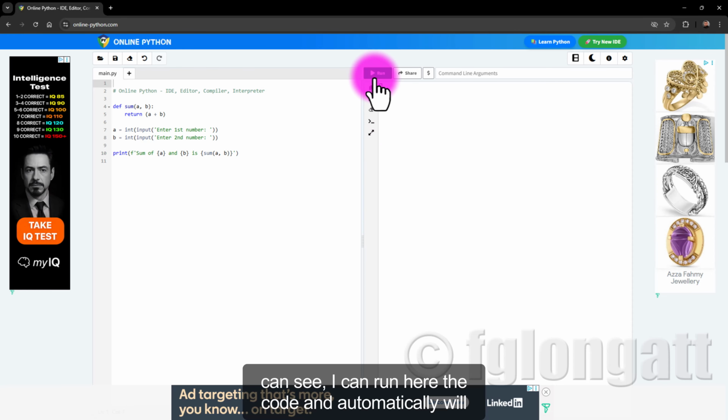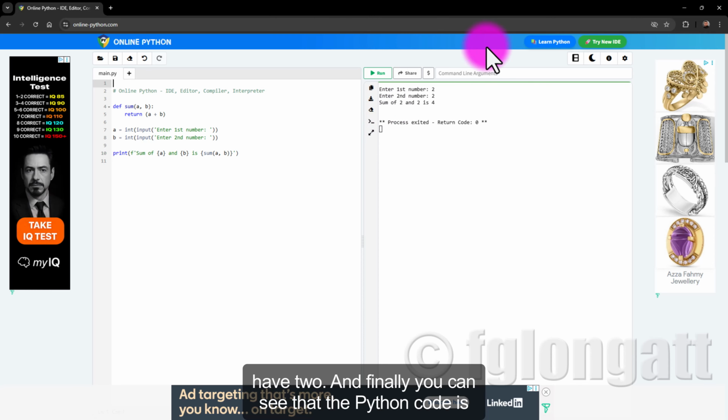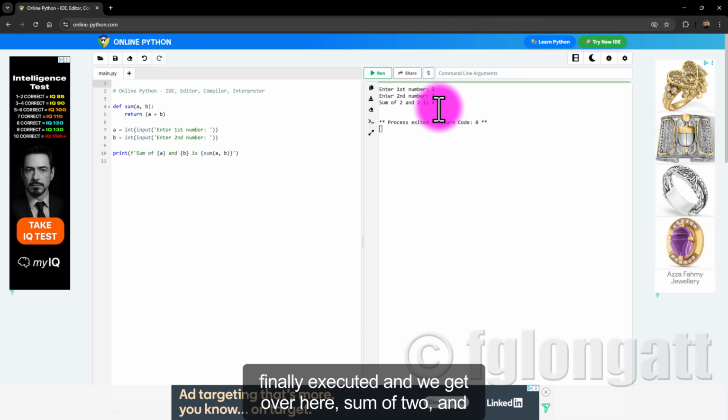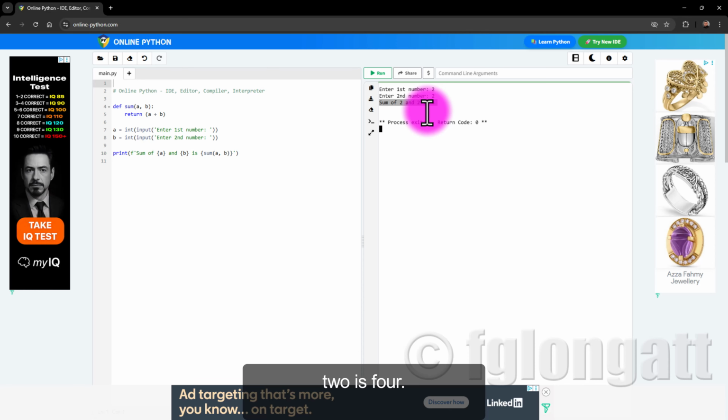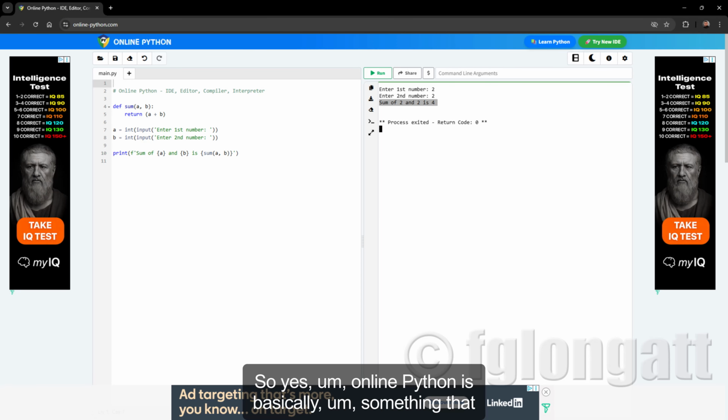So as you can see, I can run the code here and it will automatically ask me to enter the first number, let's say 2, and then ask me to enter the second number, and again 2. And finally, you can see that the Python code is executed, and we get here: sum of 2 and 2 is 4. So yes, Online Python is basically something that gives you a very light compiler,